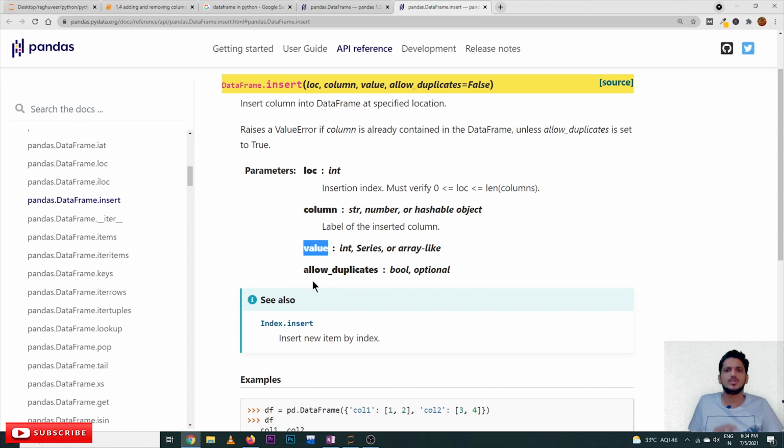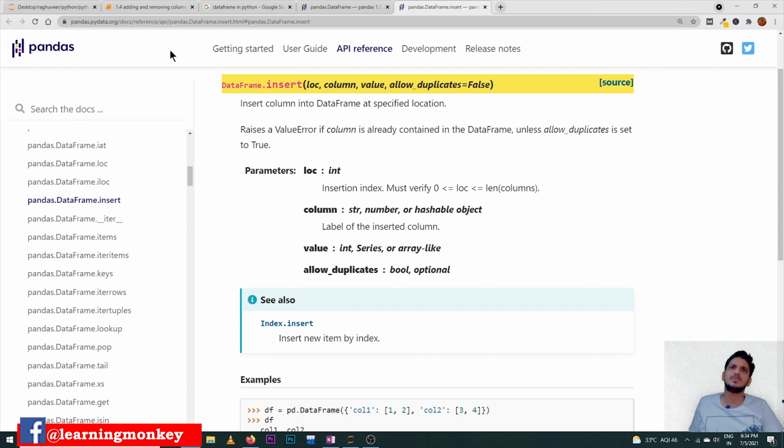So value should be an int, series or array, like a list can be taken. All those values should be considered as values. This insert function will access those lists, and we can also give a series. So all the values will be considered by using the value parameter.